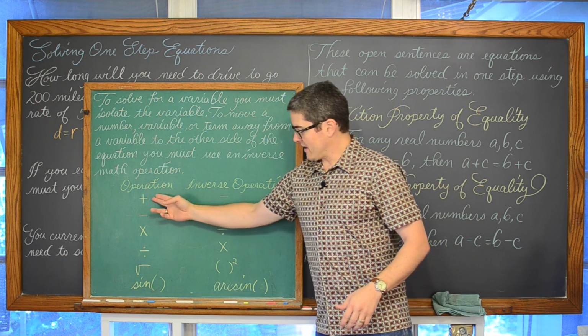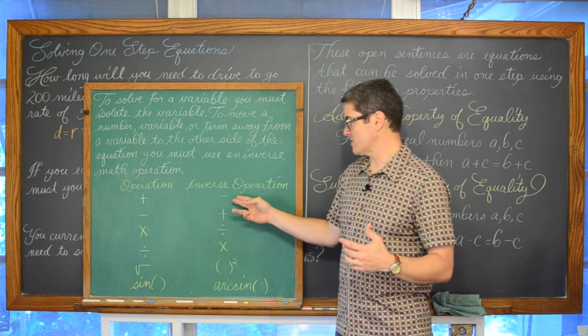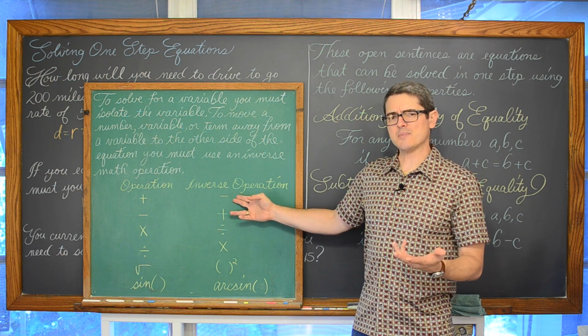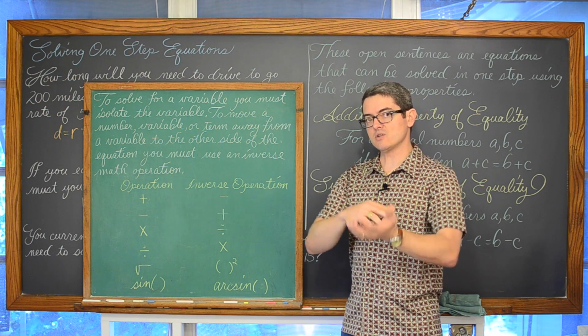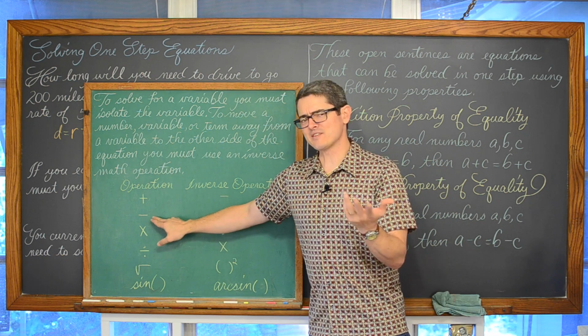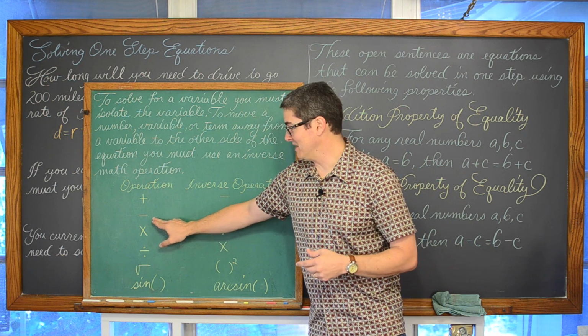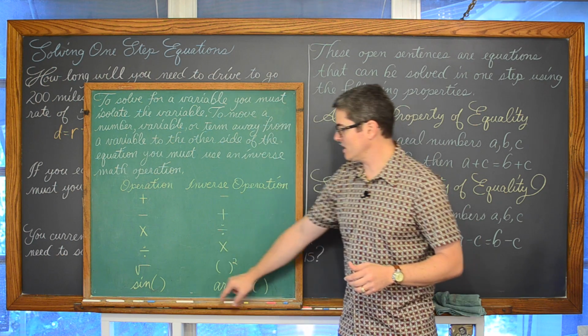So we have a math operation of addition. What undoes addition? What's the inverse of addition? That's subtraction. I also use the word opposite all the time. That's probably not really mathematically great, but I always talk about the opposite of addition, which is subtraction. Really, I should be saying inverse. So if I slip up in the lesson, that's what I really mean. The inverse of subtraction is addition. The inverse of multiplication is division.